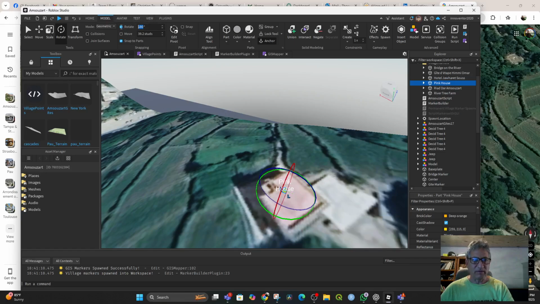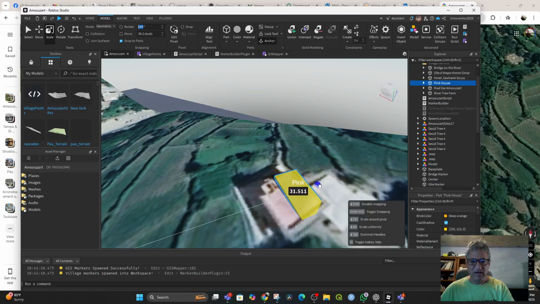This is not rotating because it's there. So rotate it and then scale it and start building a house on the landscape,